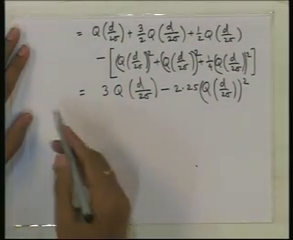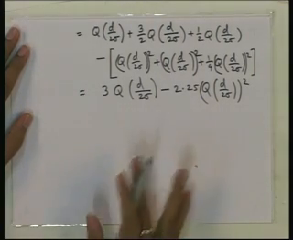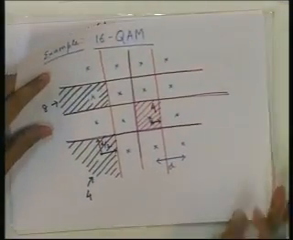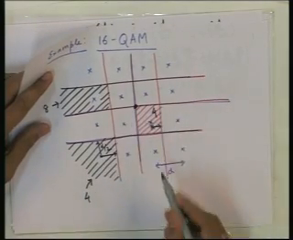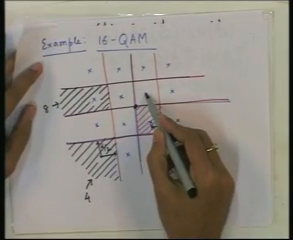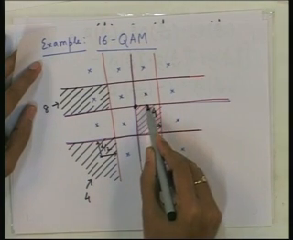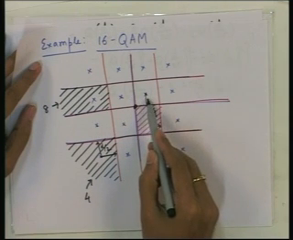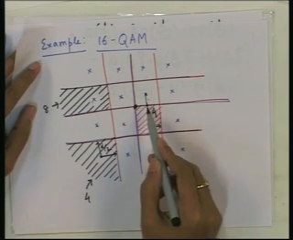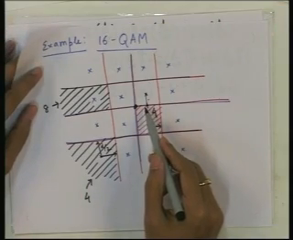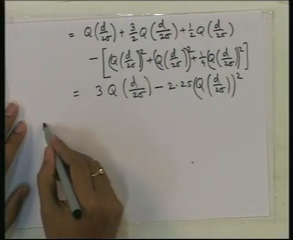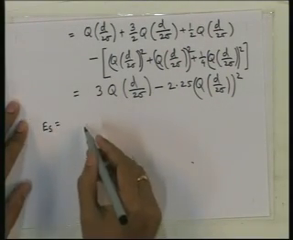For example, let us just see what will be the average energy of the signal set in terms of d. We have the signal set like this. Now, this is the origin. So, what is the energy of this point? This point has energy, this is d by 2, so d by 2 whole square plus d by 2 whole square, this is also d by 2. So, 2 times d by 2 whole square, that is d square by 2. So, the average energy E s is